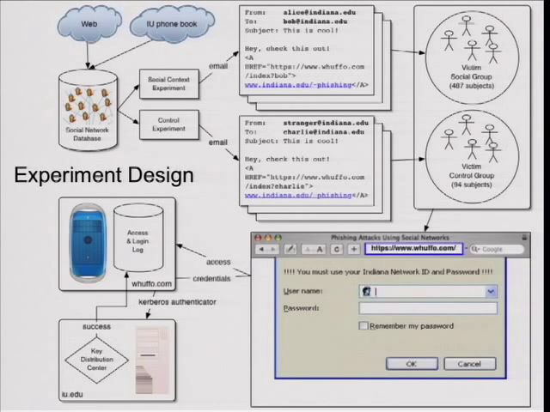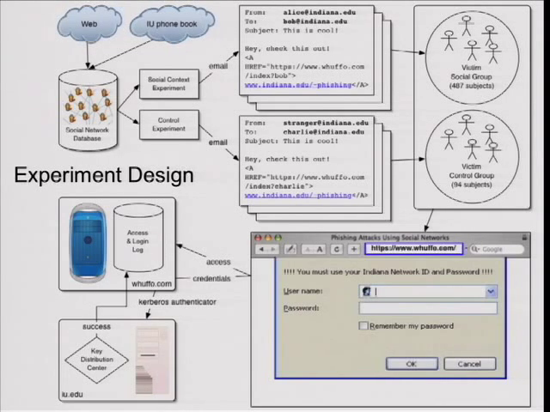But anyway, we scraped that for lots of social content. Who knows whom? Which is easy. And then we performed two experiments, one which we call the social context experiment, and one which we call the control experiment. In the social context experiment, a user would get an email that appears to come from a friend of theirs. Now, we would know that it's a friend because they have actually posted on each other's bulletin boards on this social networking site information that makes it obvious that they know each other. So those are the kind of relationships that we took.